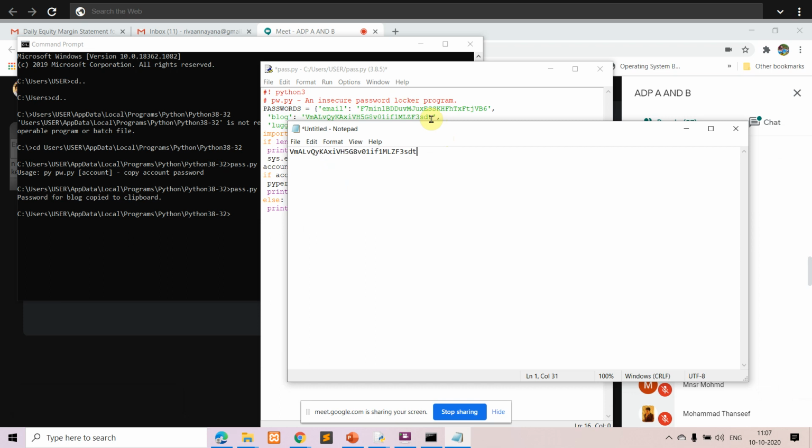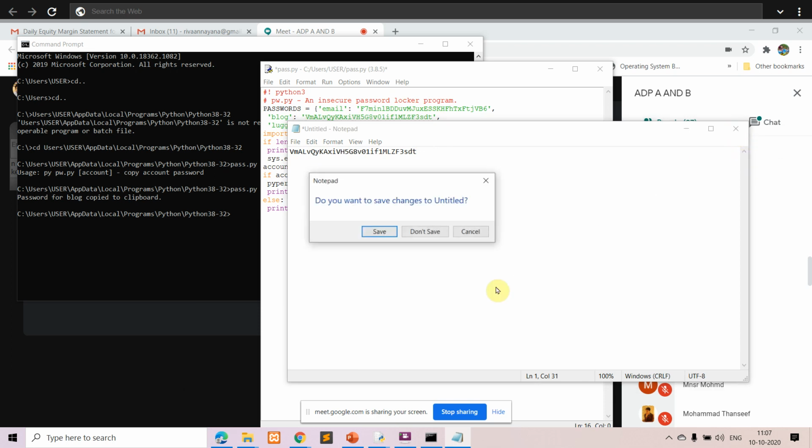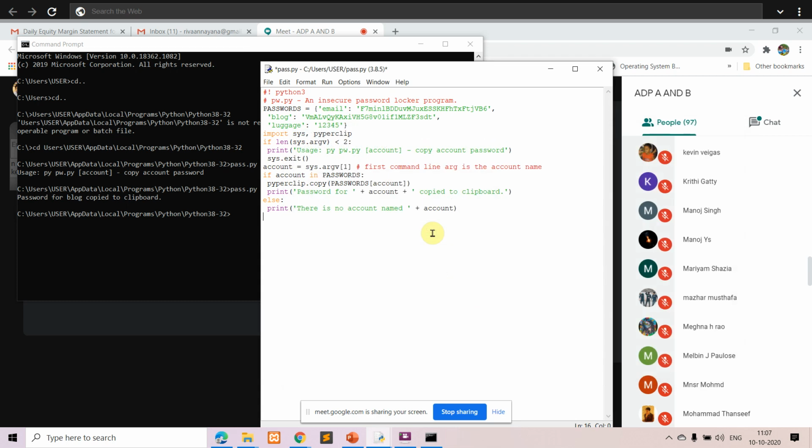So this was a very lengthy password what you had given. So that is not possible for us to remember. But here in this case, it has been pasted into this particular text file. So you can paste it in any of your accounts, in the password part. Okay. So this is an example wherein you have used the Pyperclip method, that is for password